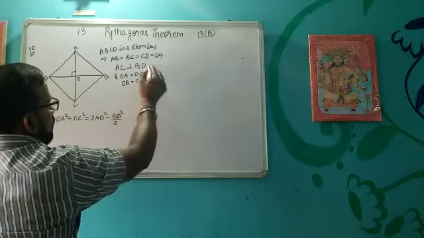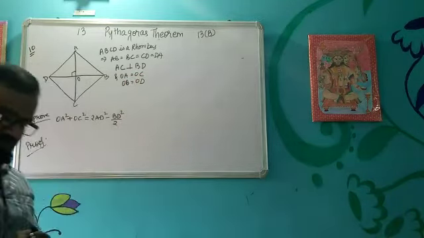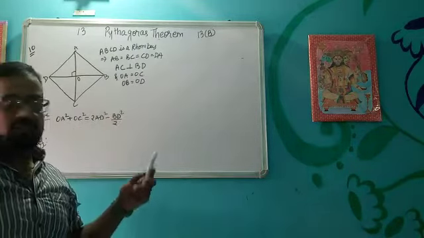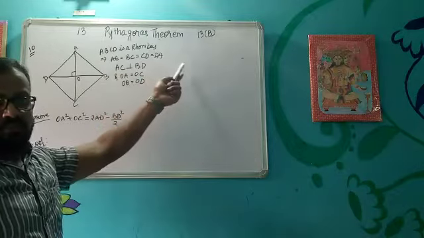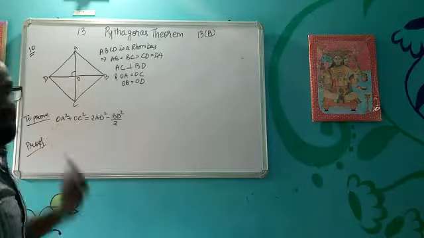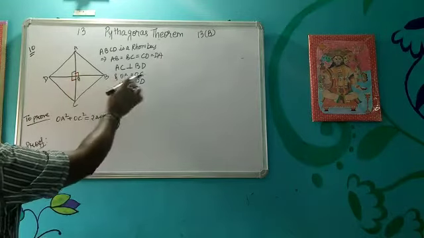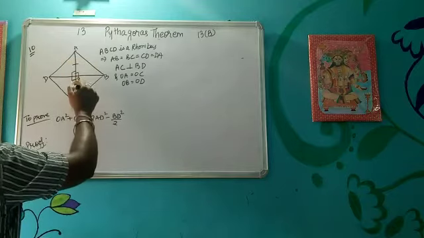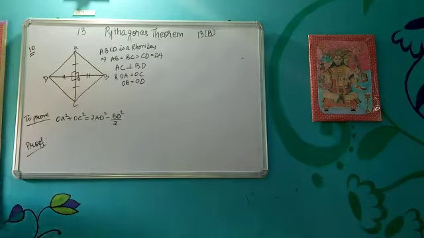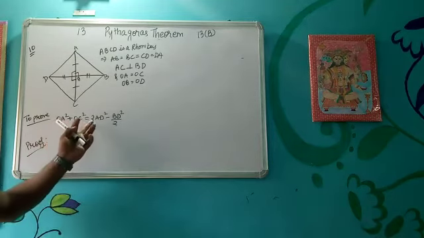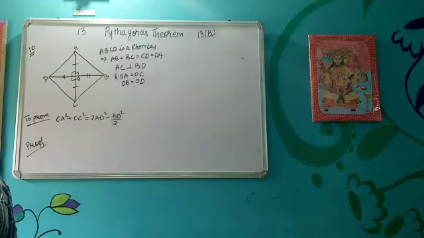So whenever you are solving the problems related to certain geometrical figures, you need to know the properties of the figure. So in case of the rhombus, all sides are equal and diagonals are perpendicular bisectors. That means this angle is 90 degrees and these two portions are equal to each other. Okay, like this. Now we have to prove OA square plus OC square is equal to twice AD square minus 2BD square by 2.